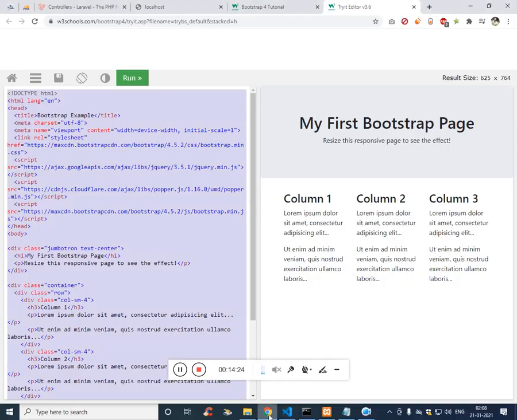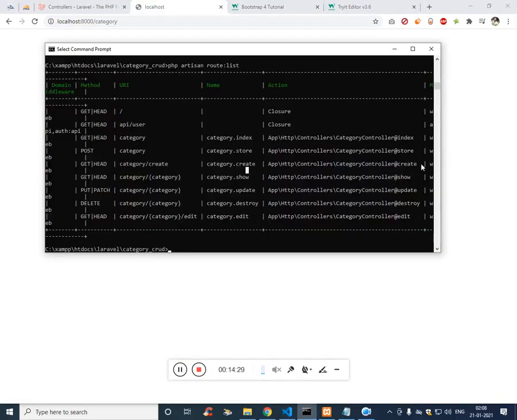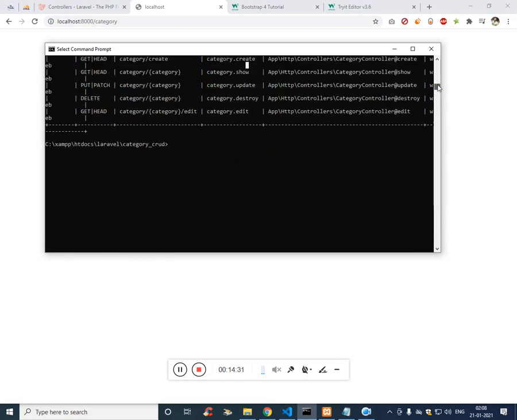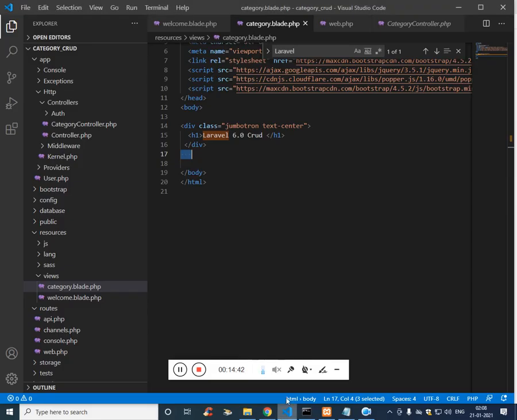Make sure the server is running. My scroll bar is not working. PHP artisan, so just refresh it, and now we have created the page.